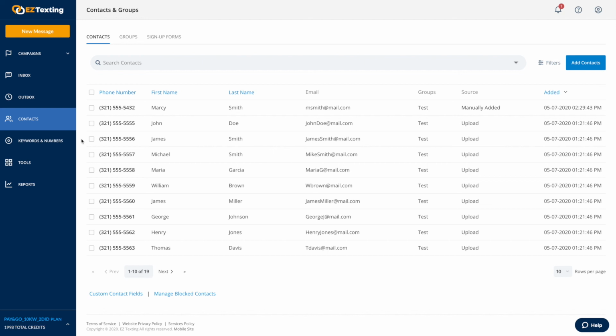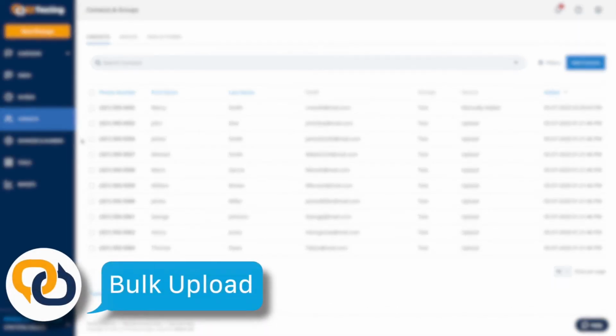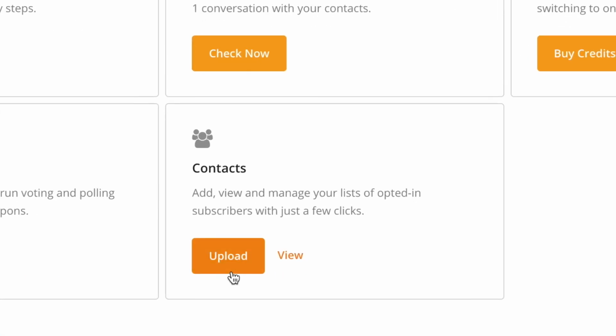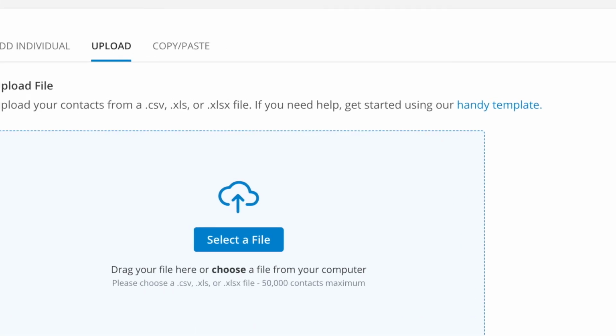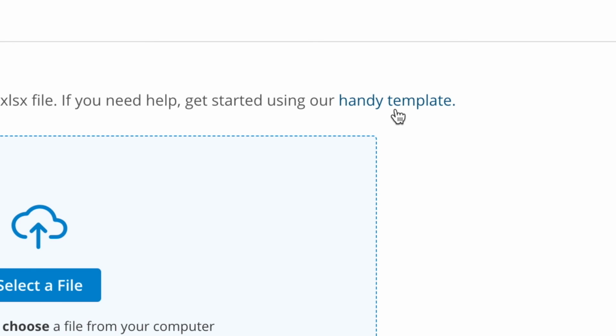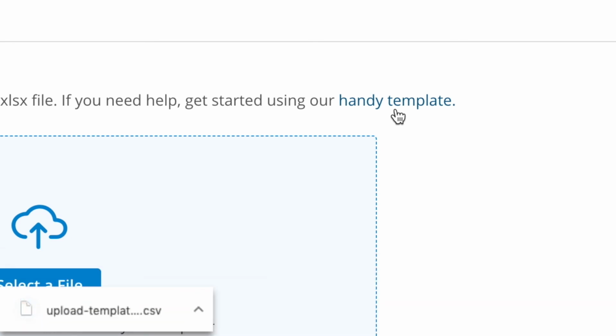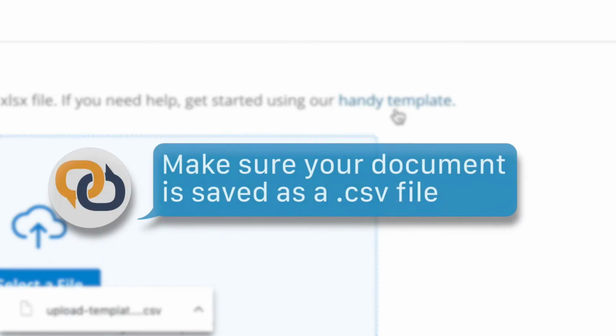Another option for adding your contacts is through bulk uploading. Bulk uploading is the fastest way to get all of your current contacts into your account. Click on the Upload button in the Contacts menu. It's best to already have your file ready for upload before going any further. To make it easier for you, we have included a contact list template you can download by simply clicking on the handy template link. Make sure when you're finished entering your contacts into the template, you save the spreadsheet as